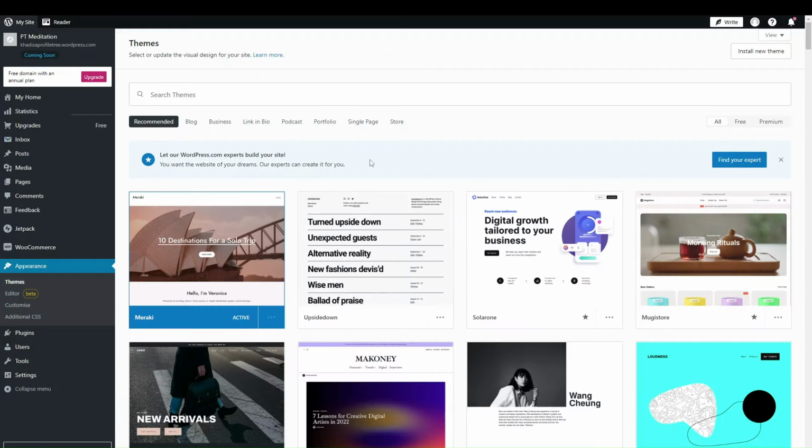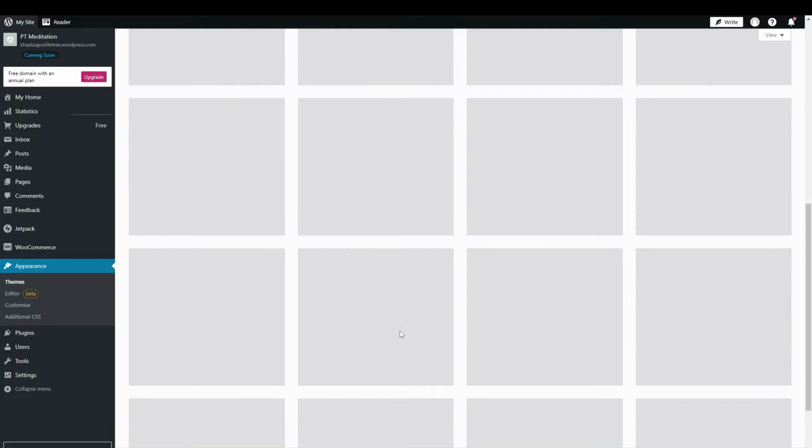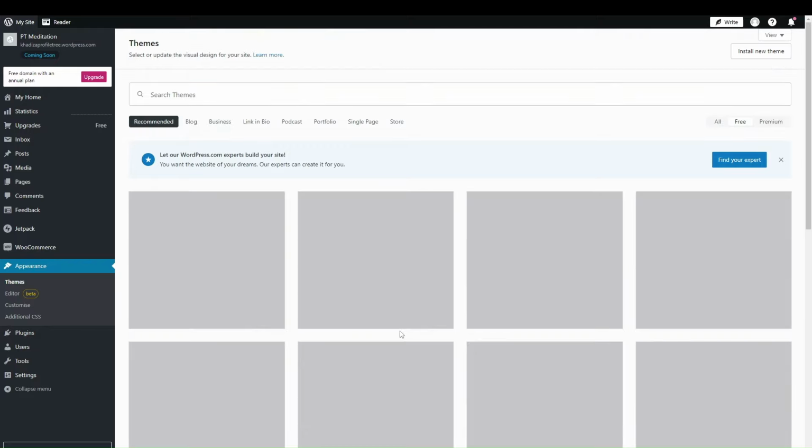You can see in the themes dashboard, so this one here that says active, this is the theme that we're currently using. But what you can do is switch to the free tab here and browse through thousands more different themes that are free to use and easily applied on your site. So if you click on free and look for one of the themes that we have available,